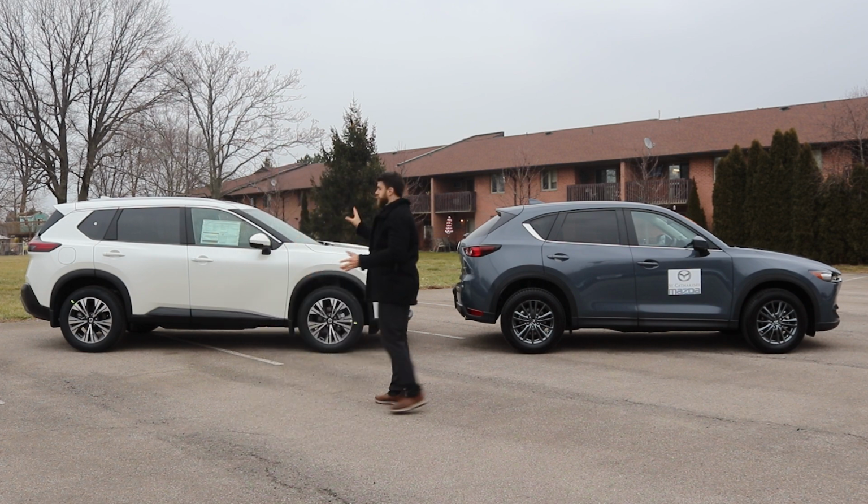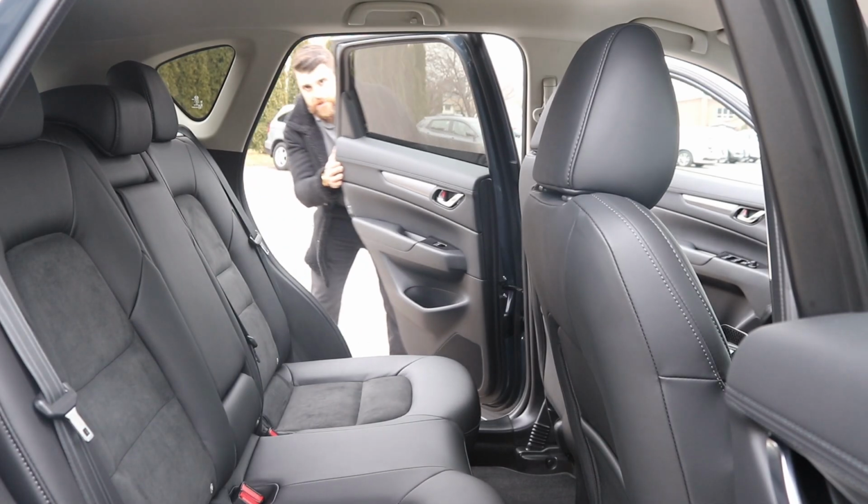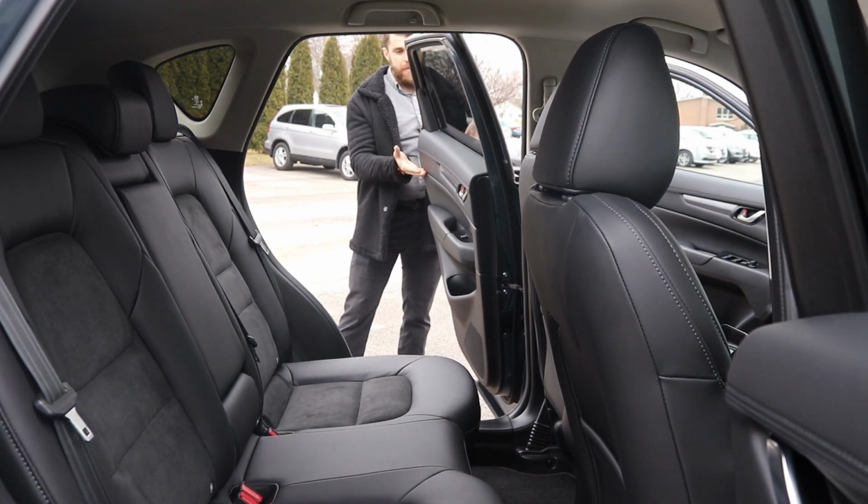You can tell the Rogue is larger in height and longer in length. So you'll get more cargo capacity and more passenger volume in the Rogue. We're gonna check that out right now. The back doors of the Mazda do open pretty much,